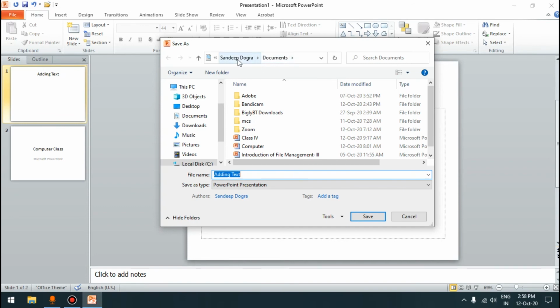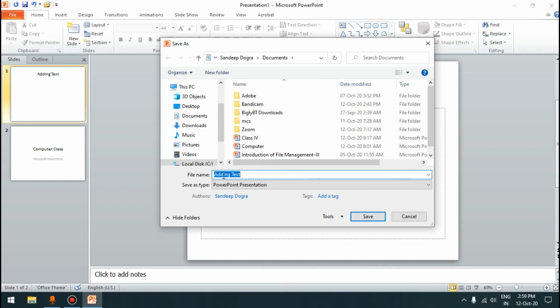Here my computer name is Sandeep Dogra, and in my computer, in the documents folder, I'm going to save. So the file name we have to type here in this text box. This is called the file name text box.